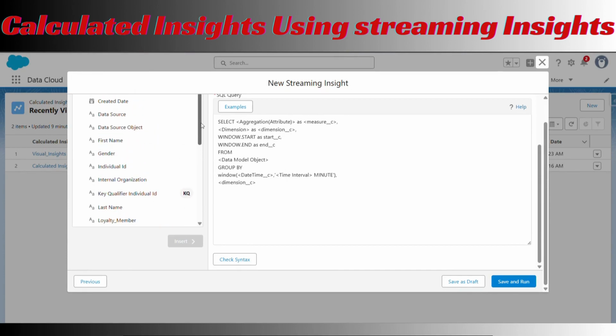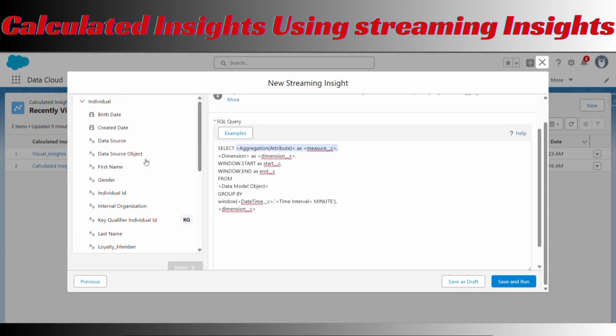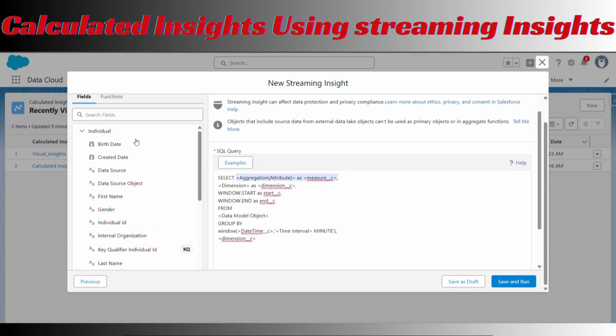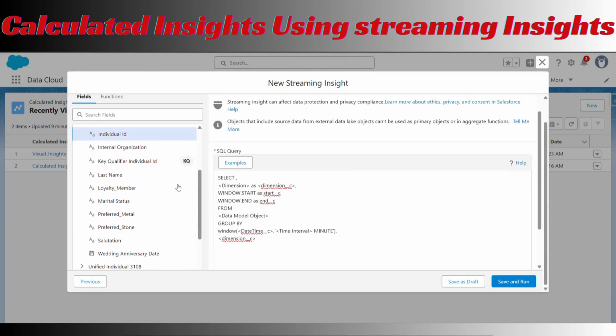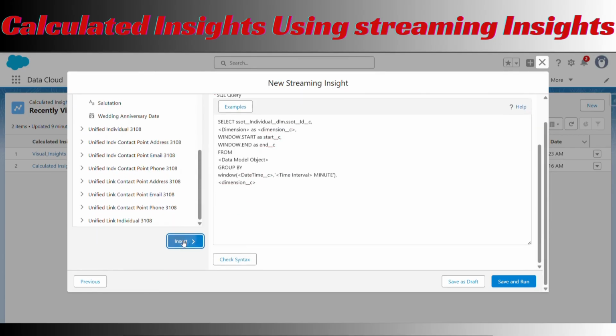Okay, it has two types also. Normally Streaming Insights involve complex SQL queries or code, right? But with the Visual Builder, Salesforce gives us a drag and drop, no-code interface to define conditions, set thresholds, create streaming rules, apply real-time filters, anything, right?